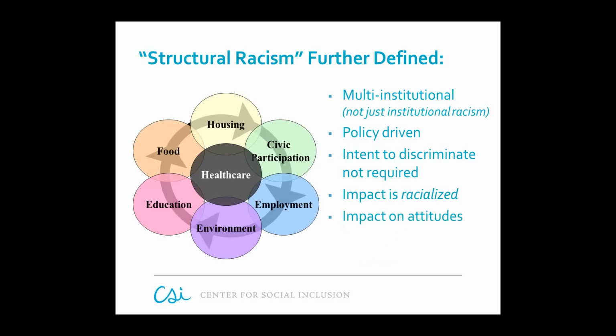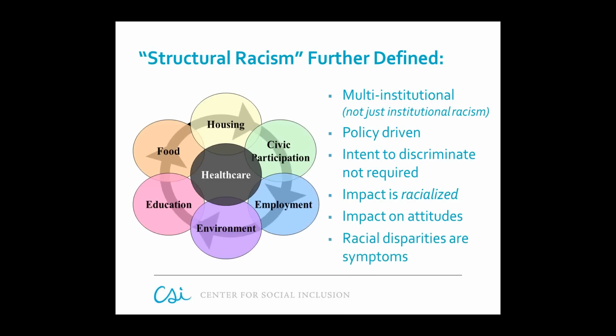Structural racism has an impact on our attitudes. For example, if you have never engaged with a black person before, and if most of the predominantly black neighborhoods you've ever driven through are characterized by deteriorating physical conditions and high unemployment, then you may begin to adopt negative attitudes about people, right? Why can't those people get it together? So if you see the results of a structure that is racialized and is not seeing all groups differently, then your attitude becomes, well, what's wrong with them? And let's remember Paul Ryan's recent comments regarding inner city men that don't want to work, who have a culture problem. And this is an example of the impact on attitudes that is derived from structural racism.